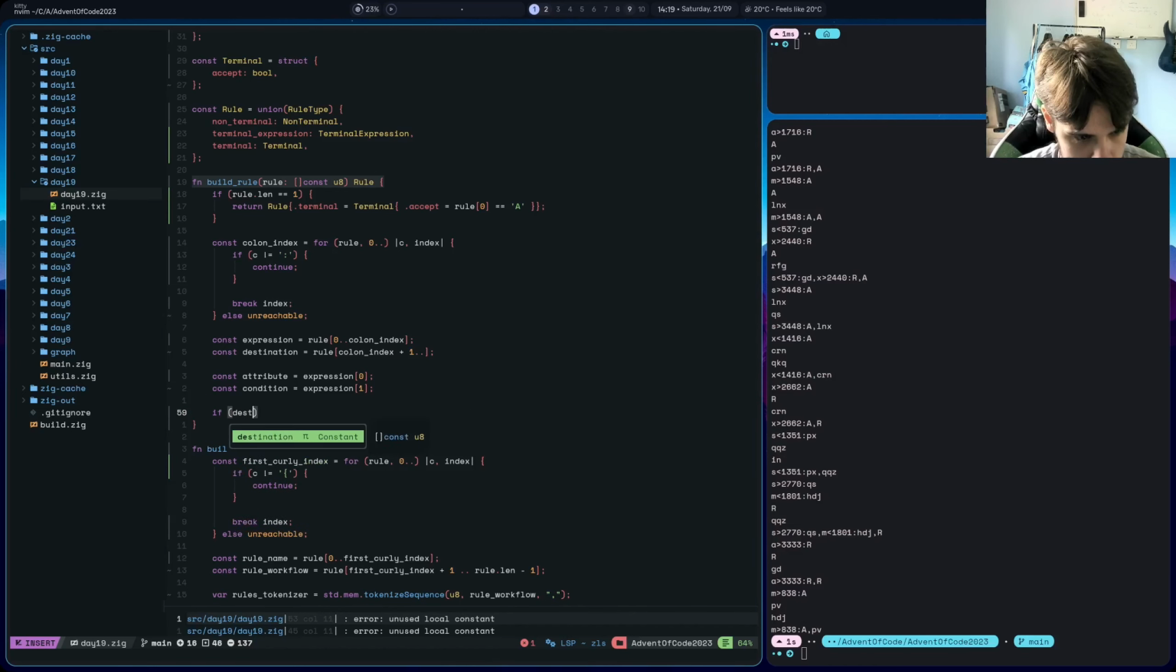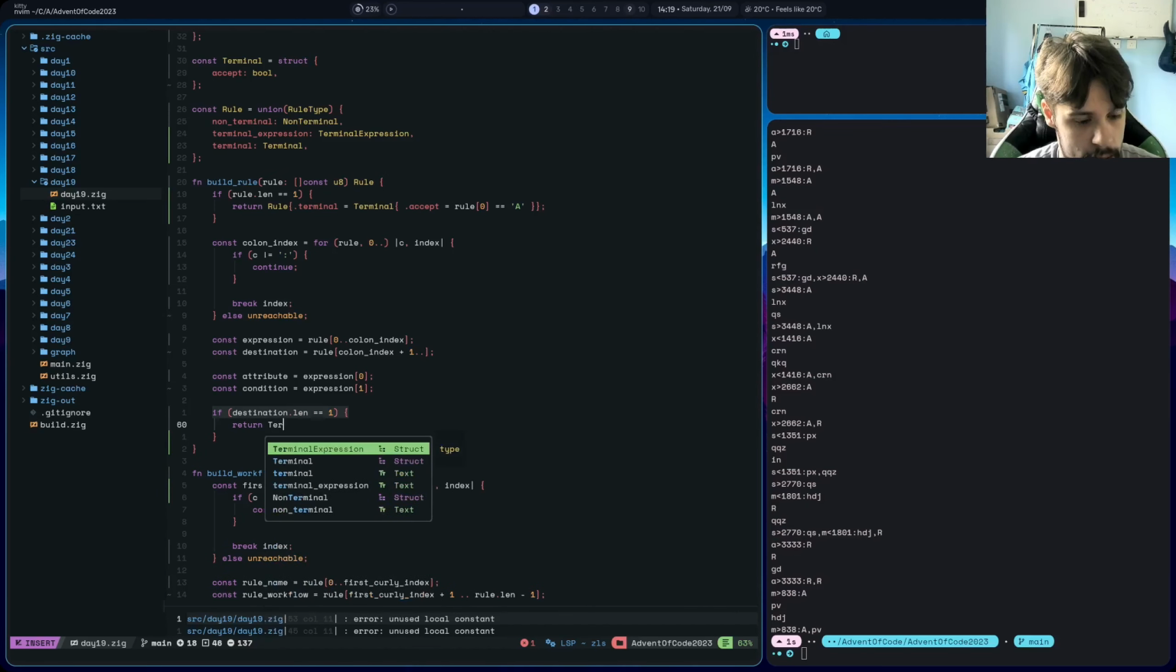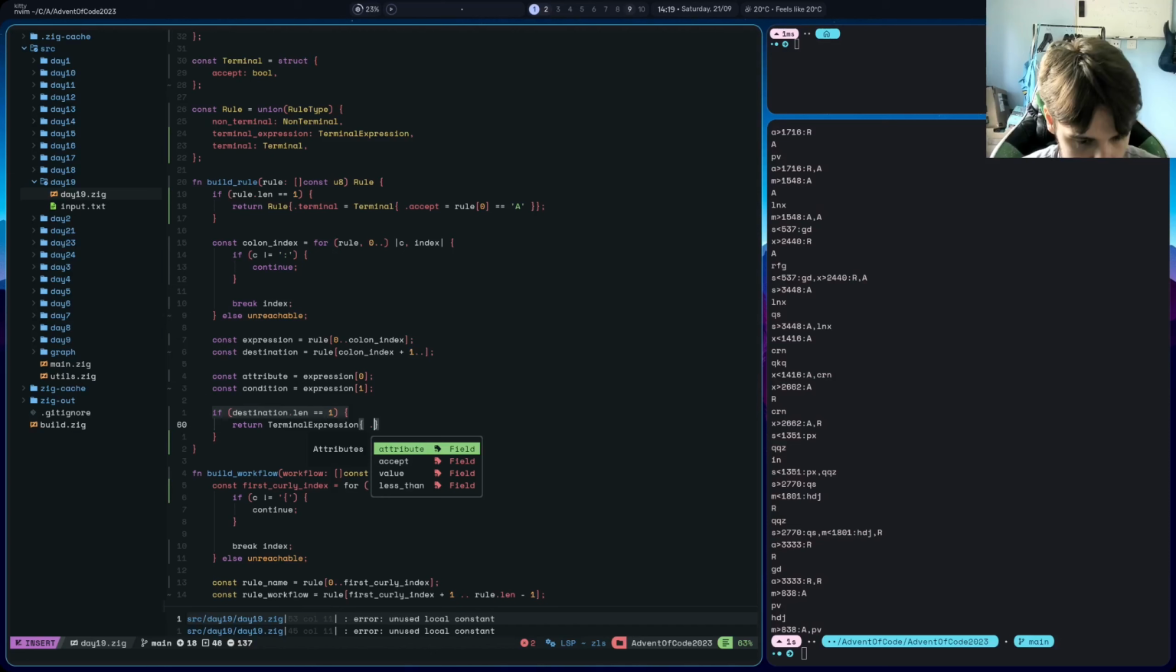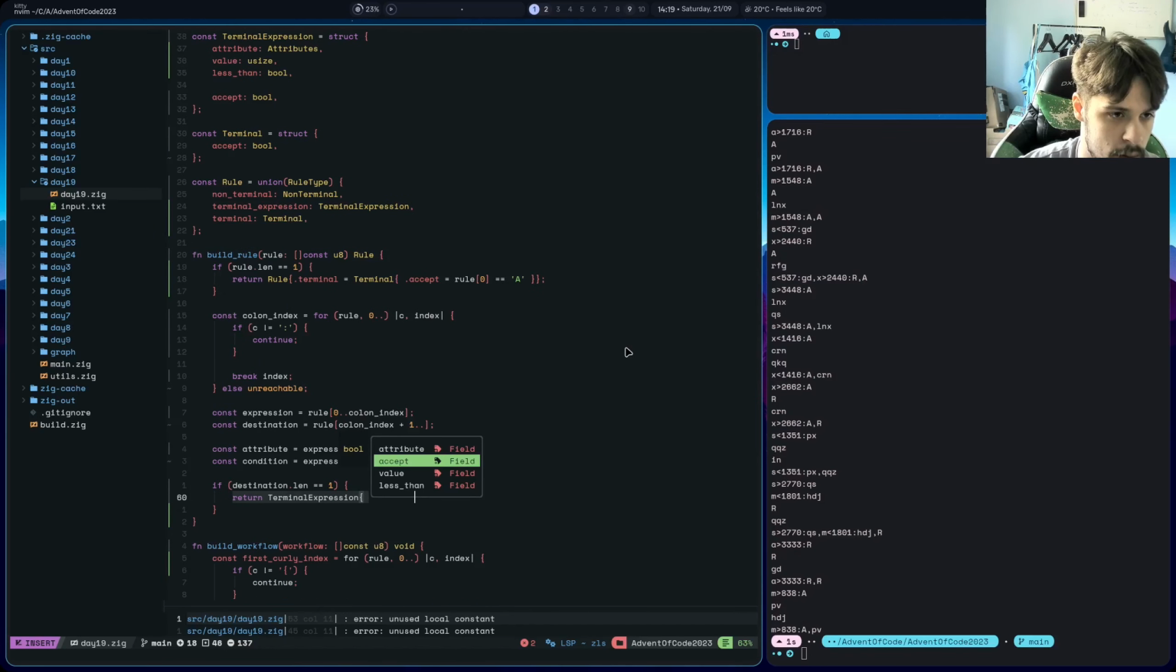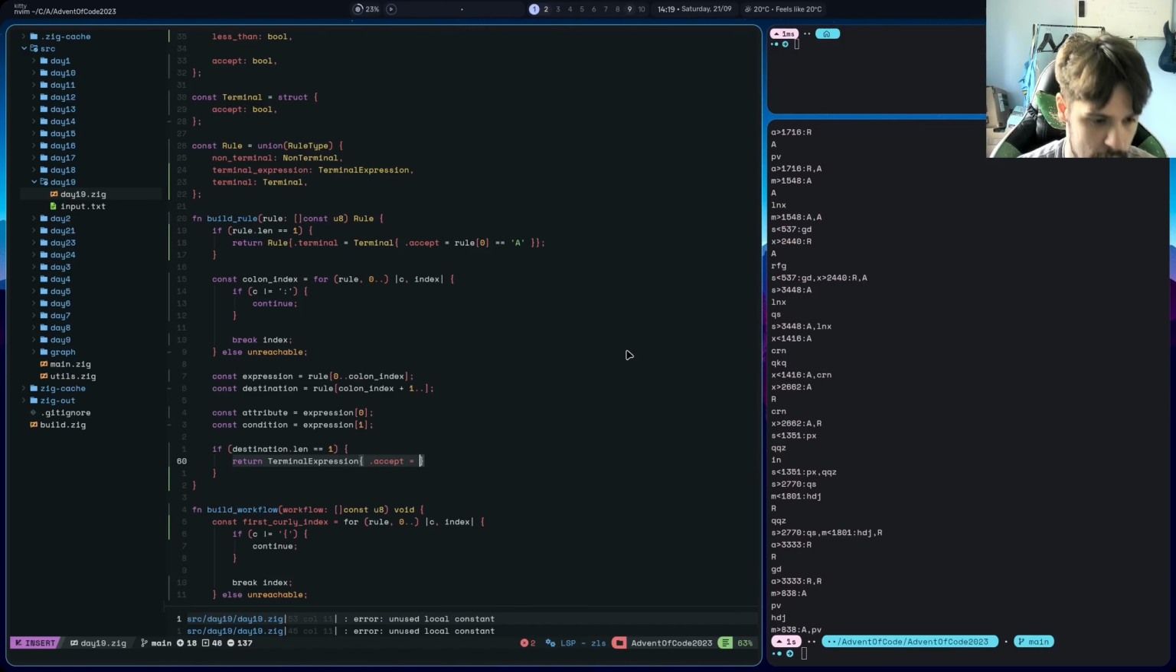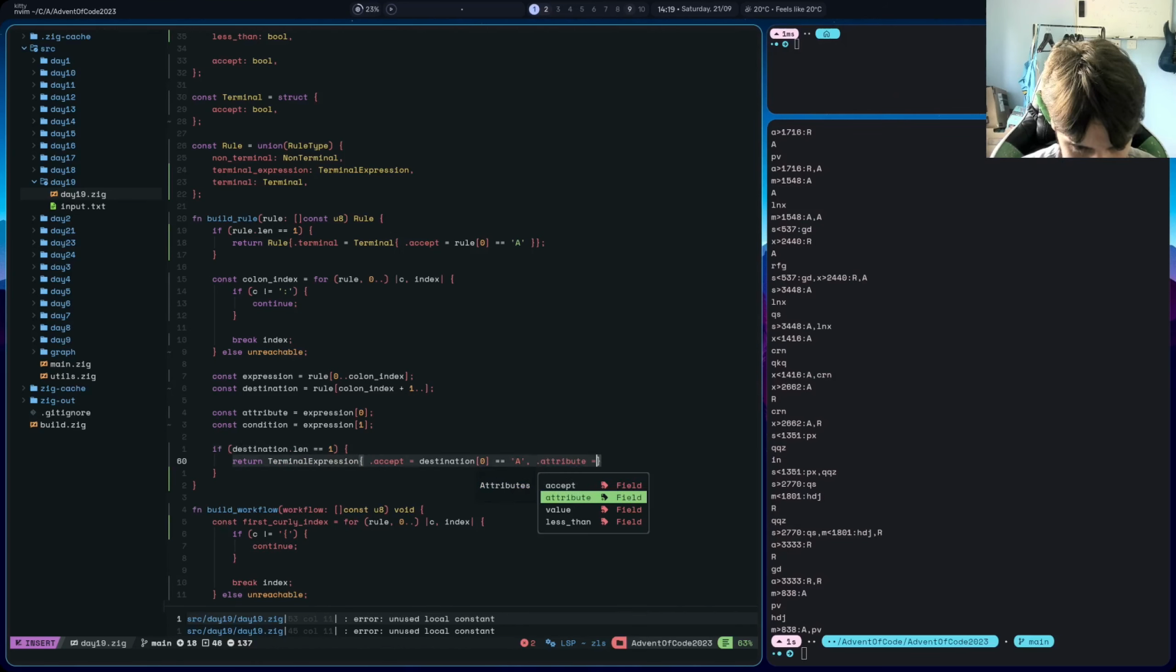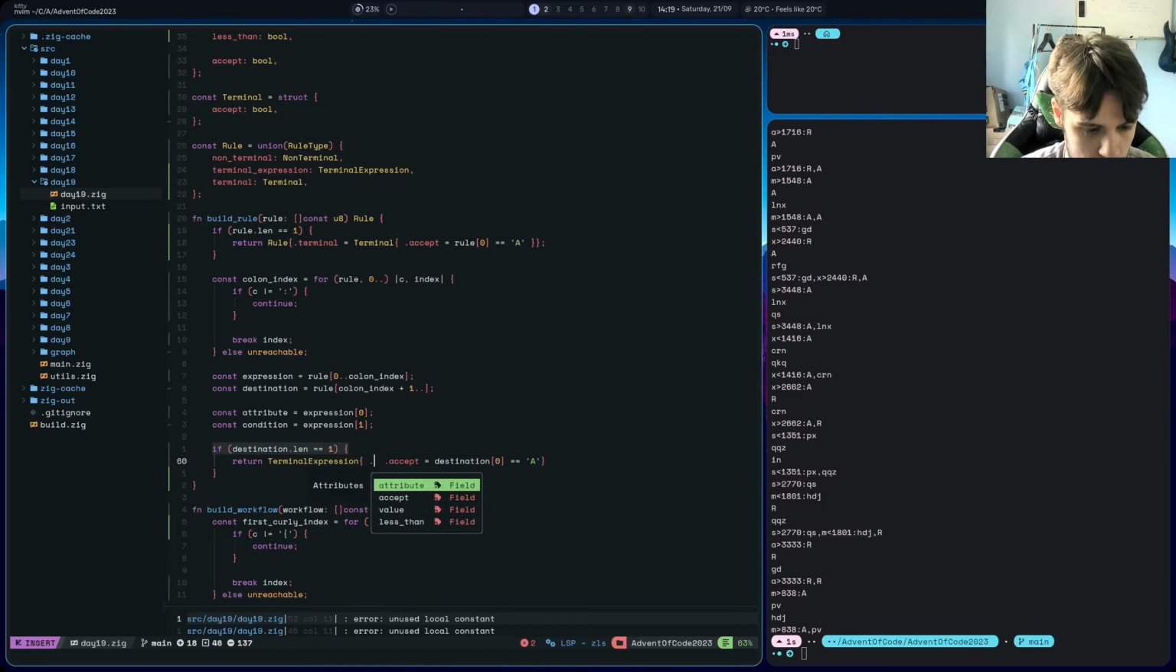or the destination dot length is equal to 1, we're going to return a terminal expression that is going to have an, except, wait, terminal expression, yes, except if the destination at 0 is equal to a, it's going to have a dot, let's do the attributes first actually, just do that at the end. Dot attribute is going to be,